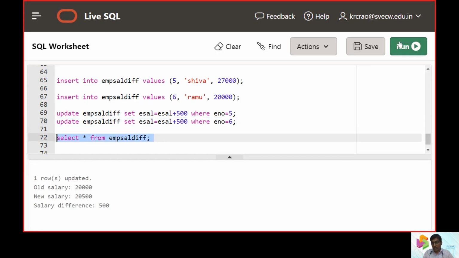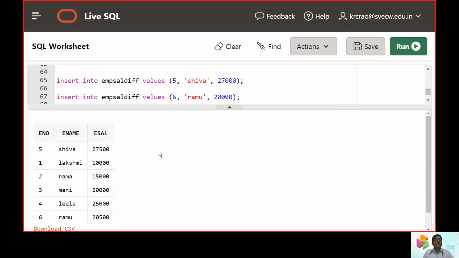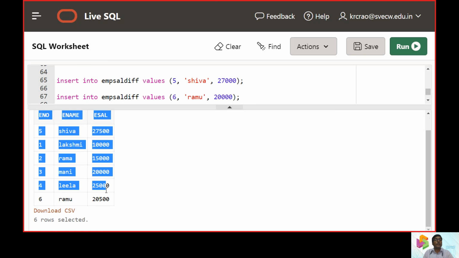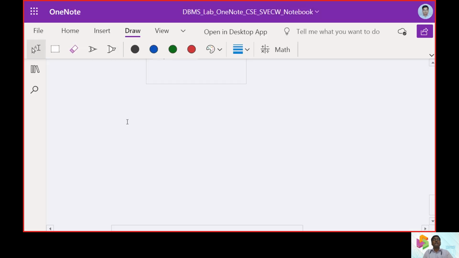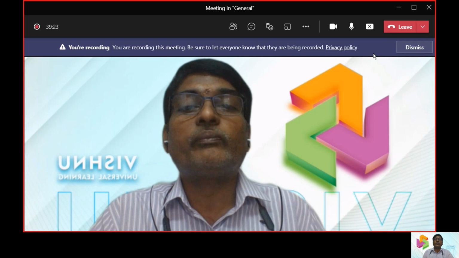Now let us see whether all the records are affected as of now. So the new salary was 27,500 here, and Ramu's salary was 20,500. So all these are the stored data, and that is via the triggers. So this is all from the triggering event.